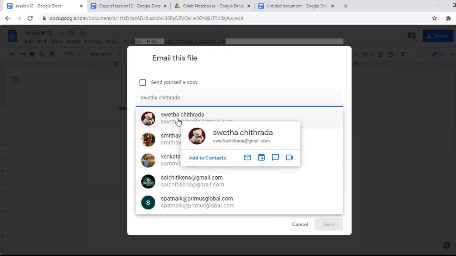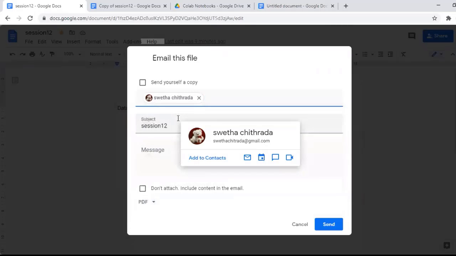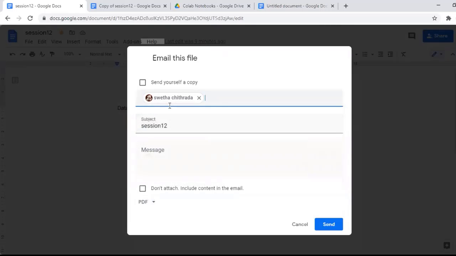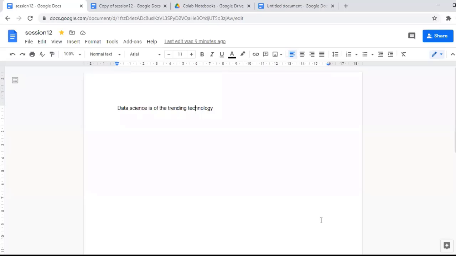Select the destination where you want to send the file, and you have another option called send yourself a copy. That means you are sending yourself a copy also. If you want, you can enable that, and if you want to add a message, you can add it and send. So this is how we email this document.